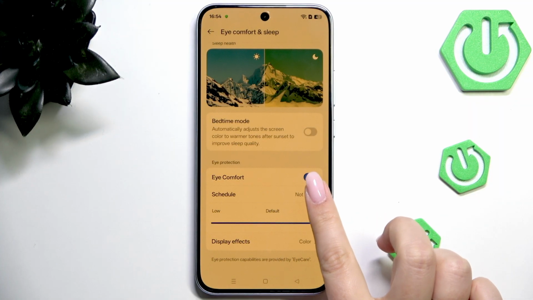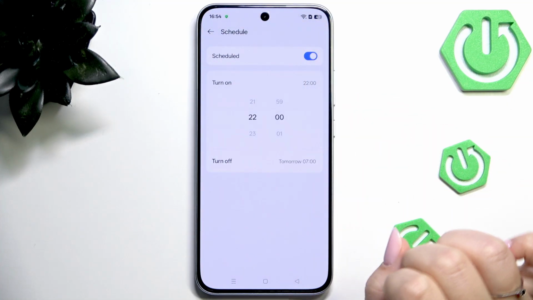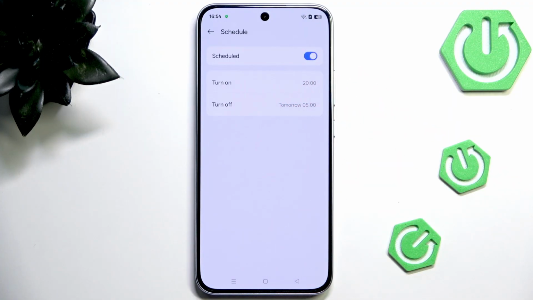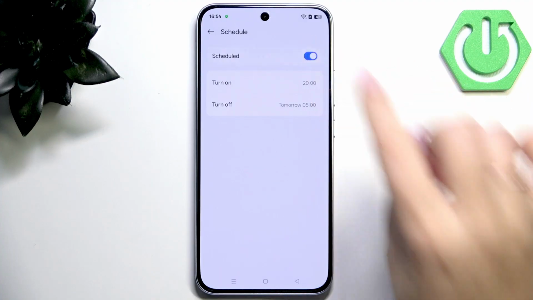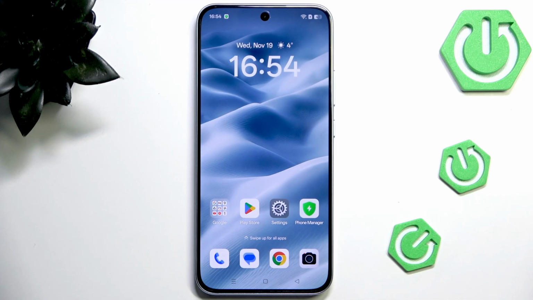You can also schedule that feature. So let's tap on schedule. Tap on the switcher, and here you can turn it on at custom time, so you can choose the start and the end time, and your device will apply the mode accordingly. Alright, so this is the whole customization, and if you wish to have much faster access to this option, simply